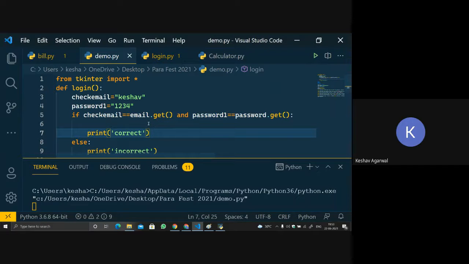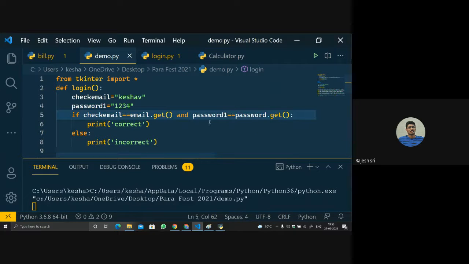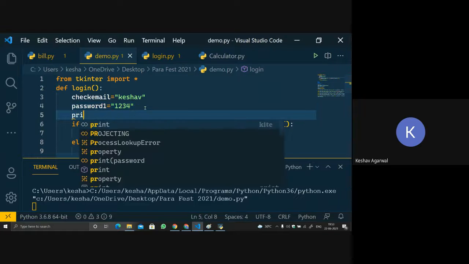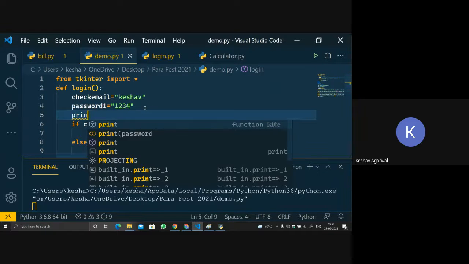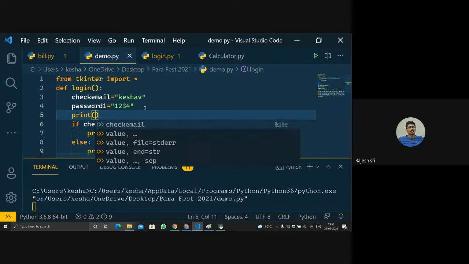Something like the input that we use in normal Python, but as it is from GUI, we are using this get function. Okay, let me print only email. If I print only email without the get function, see what will happen.